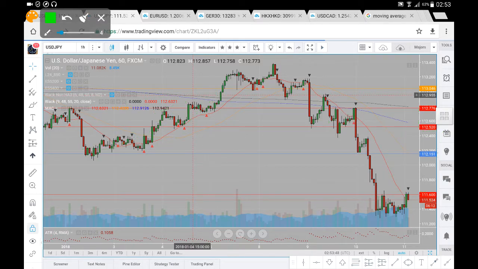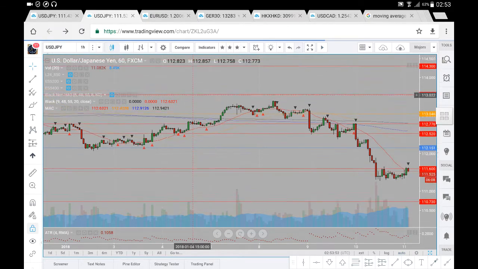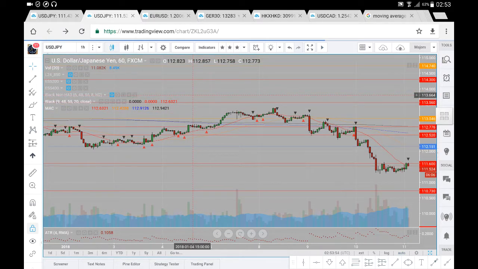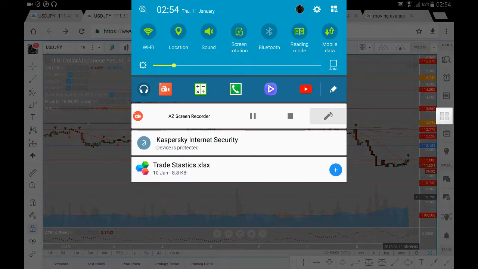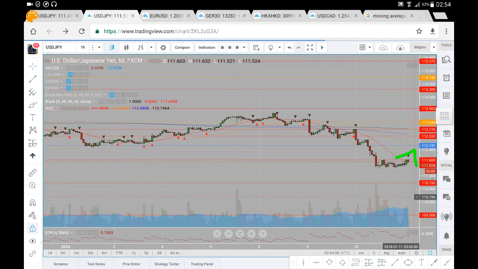If, however, we did see a breakdown in prices from where we are at present, the very next level that we are looking at is 110.73, where we do find support, with a possible bounce in prices. A break from which we are looking for prices to head down to 109.50, and again we're looking for bullish momentum to re-enter the market on the